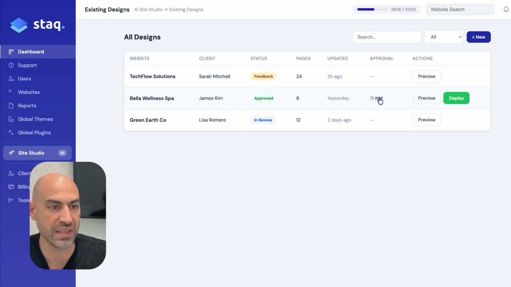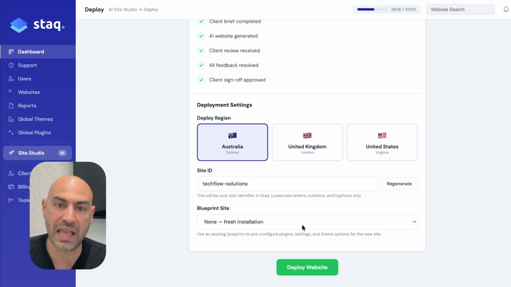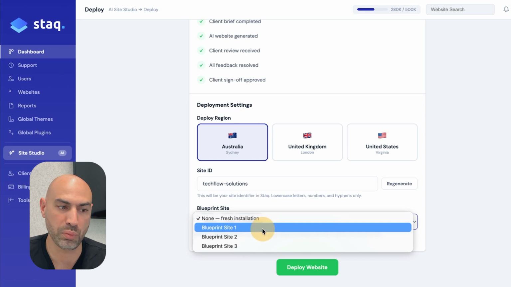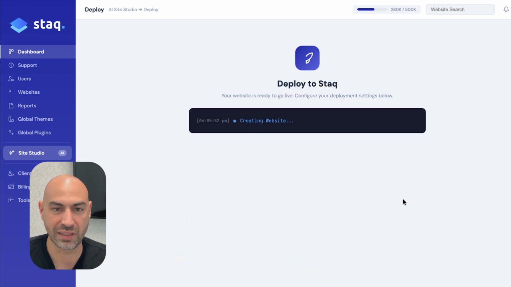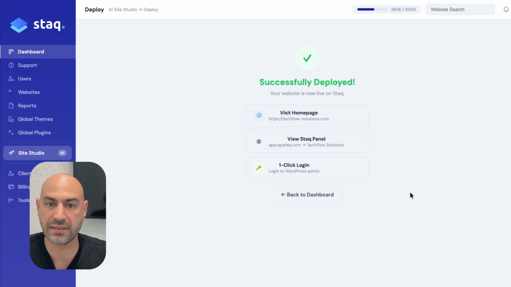And then once they've approved, you can then deploy. You can then select your region, whether it's Australia, the UK, or the US. And you might already have a blueprint website inside Staq. And so then you can select your blueprint website and then click deploy. And as you saw in the previous video, it will go ahead and build that website, and then you can get stuck into it just to make sure everything's all good. You might want to put your own changes, might want to add additional pages, but essentially you have the entire flow from start to finish when it comes to designing, building, and deploying, and then eventually taking it to production